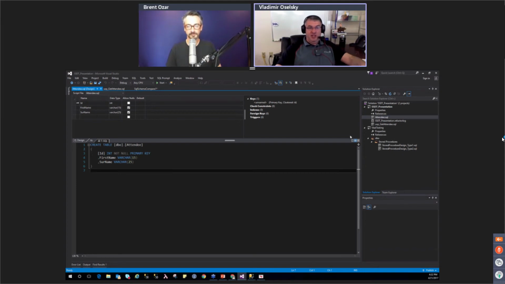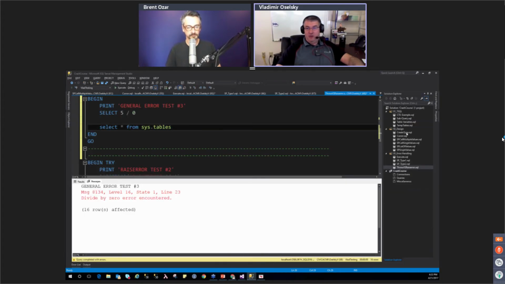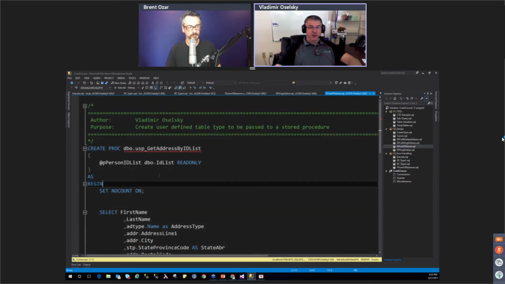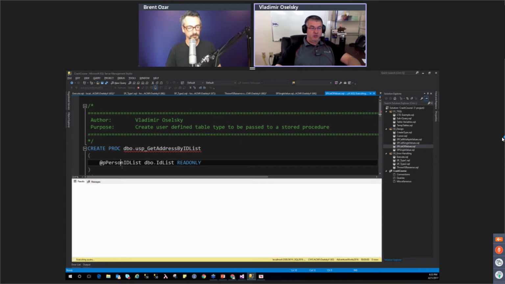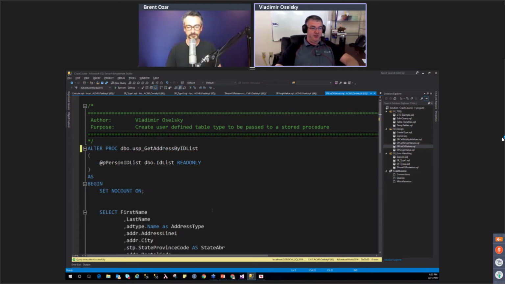So here we have a table and a stored procedure, and one of the biggest differences between writing code in a Visual Studio SSDT project versus writing in SSMS is this: if we already created the stored procedure, in SSMS we'll need to write it as an ALTER statement every subsequent time.